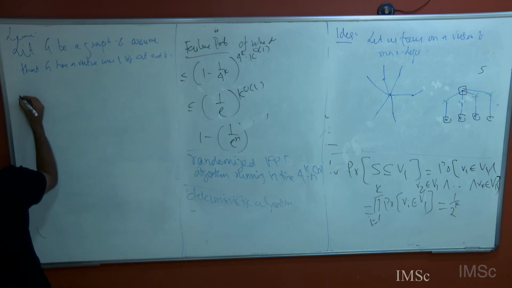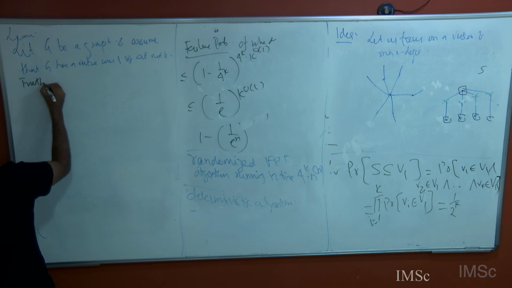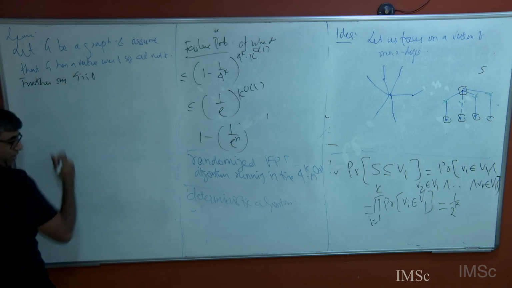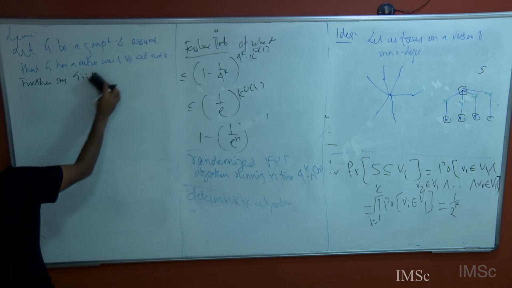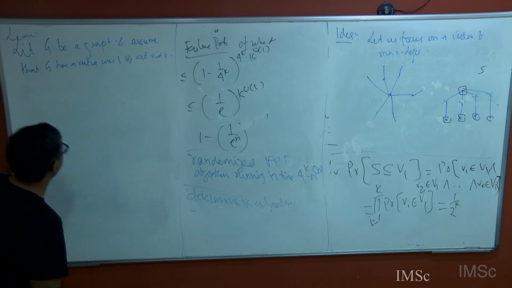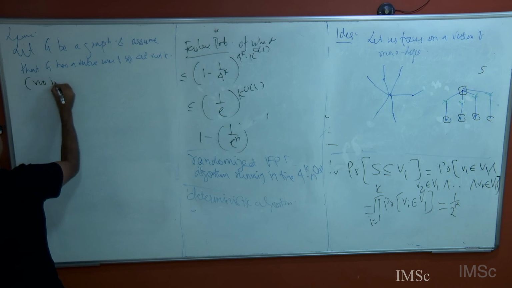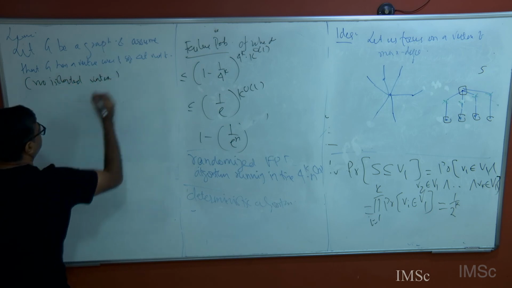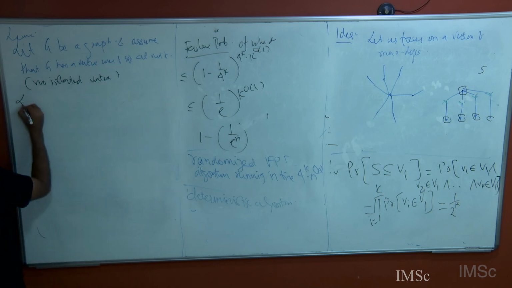Let further G be connected, so basically no isolated vertex, otherwise those are vertices we don't know what to do with. So let's say no isolated vertex. Okay. Now let